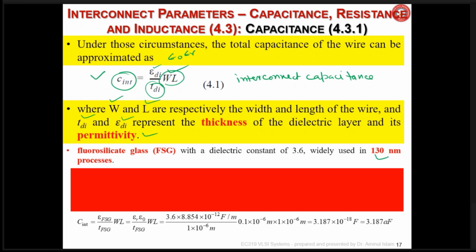In the 130 nanometer CMOS process, fluorosilicate glass, FSG, with a dielectric constant of 3.6 is used instead of SiO2. And why is it done? To reduce the